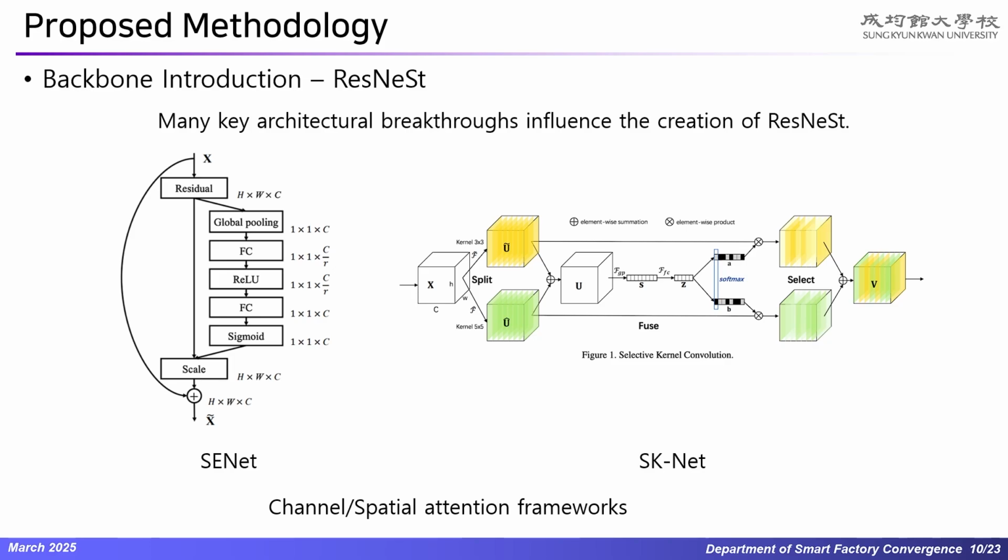Then in the excitation step, a small fully connected network learns to reweight those scalar values, essentially deciding which channels are most crucial for the task. Some channels get boosted or excited, and others are suppressed if they carry less information. This mechanism drastically improves representational power with only a slight increase in computation,